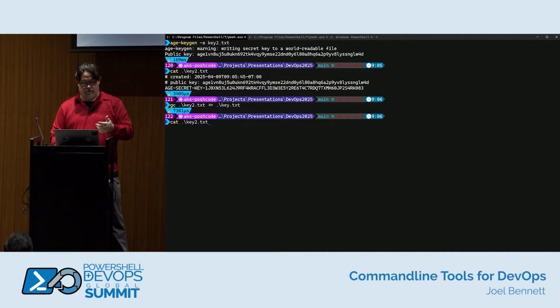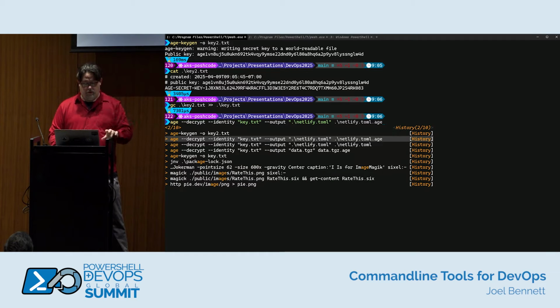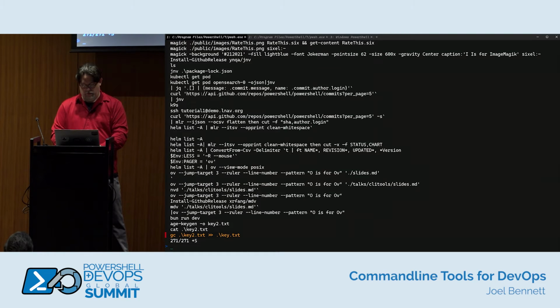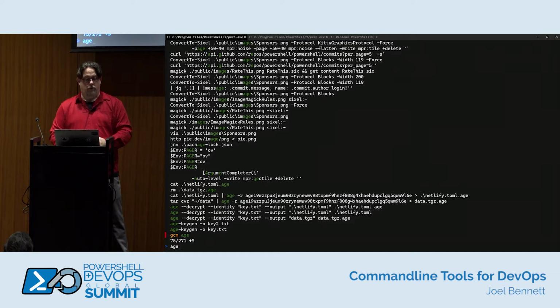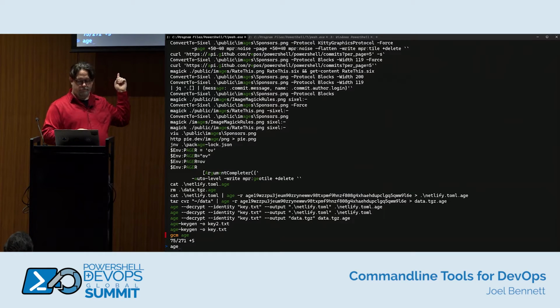So what we're gonna do is we're gonna encrypt something, why is there only decryption things here? Oh, what letter is this? F. F is for FZF, Fuzzy Finder. If you're not familiar with FZF,